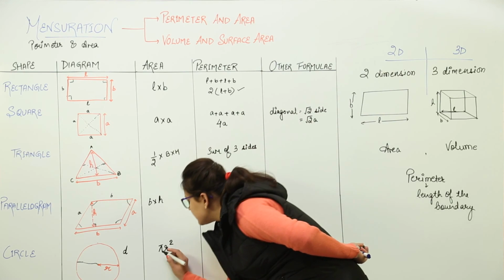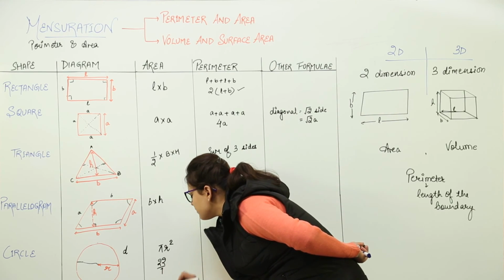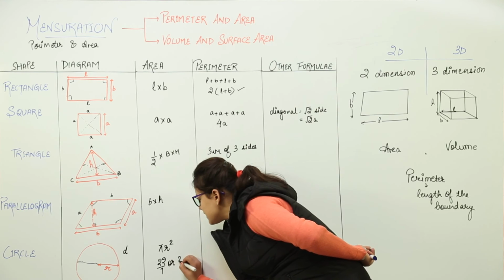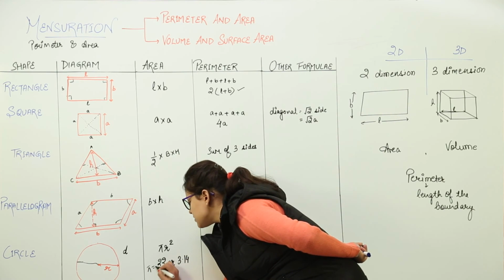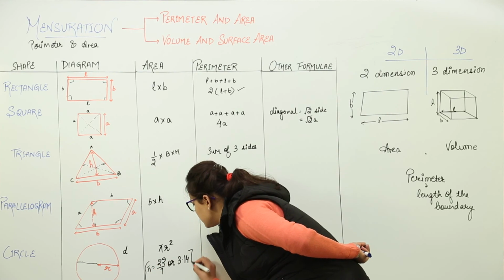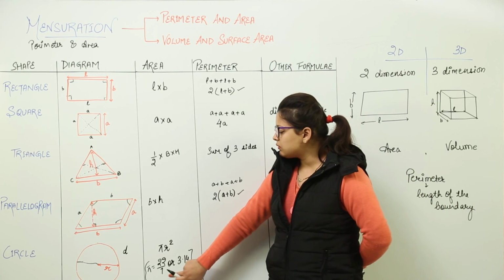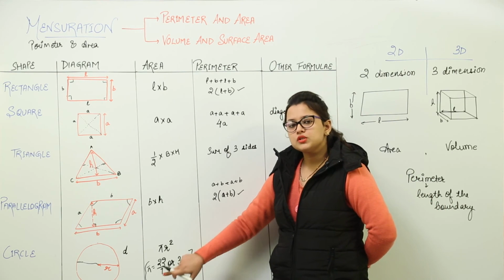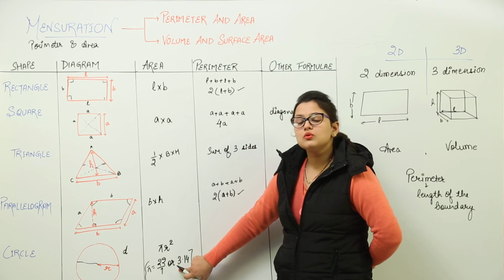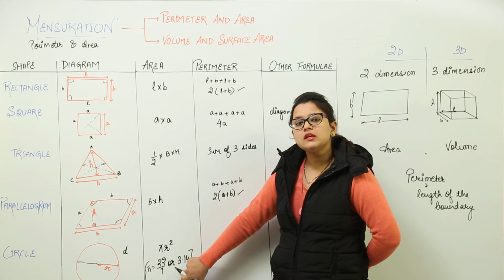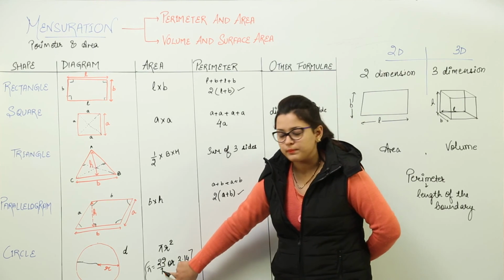So over here, the value of pi remains the same, that is 22 by 7, or you can take it as 3.14 also, right? So I have mentioned the value of pi is 22 by 7 or 3.14. It will be given to you in the question which one of these you have to use. If it is not mentioned, you can use any of them. Generally, the fraction form is preferred because it makes the calculations simpler.